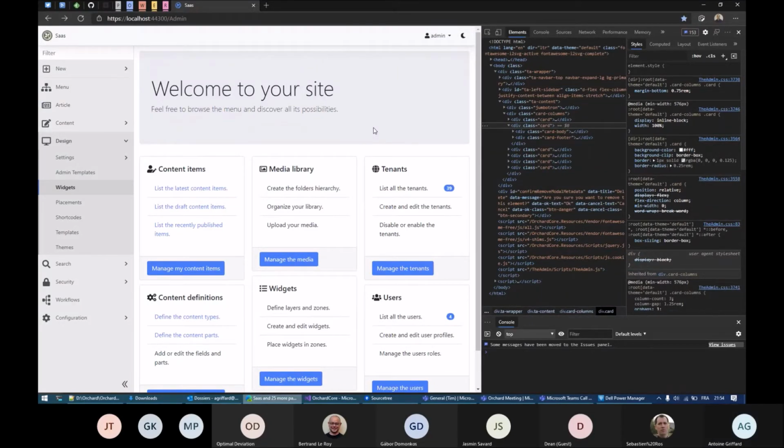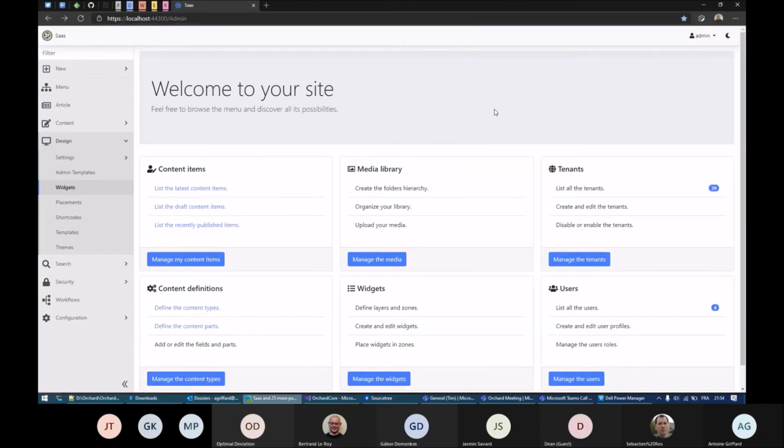So when you have a dashboard widget, that's for the dashboard. It's the same screen you just saw before, the same thing without the layers and without the zones. There is just one zone again, and it's just drag and drop stuff, the things that you have here instead of the things that you have in the other screen. And you can still edit them and display them. So here it's the display mode, the summary mode, like in the widgets view that you saw. And when you edit, it goes to the content item editor, like the widgets view that you saw. This is the editor of the dashboard widgets, if you want. The same controller, the same thing.